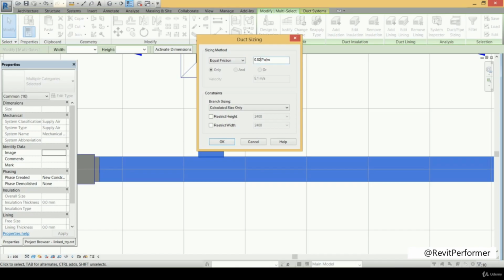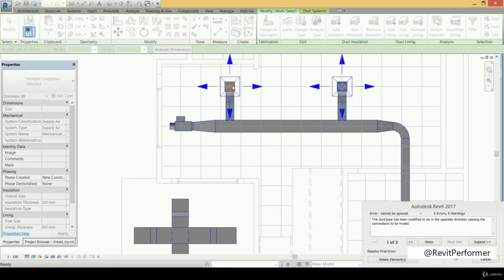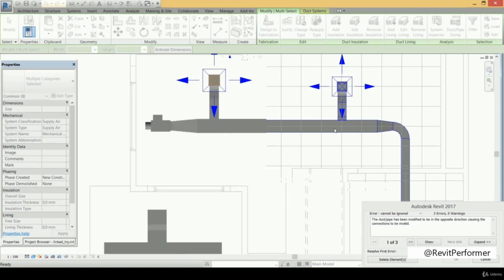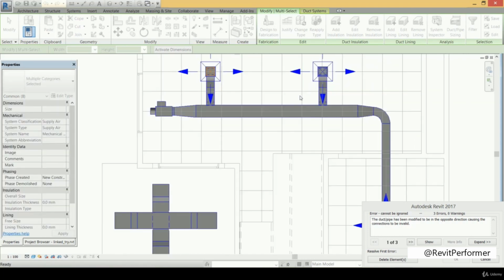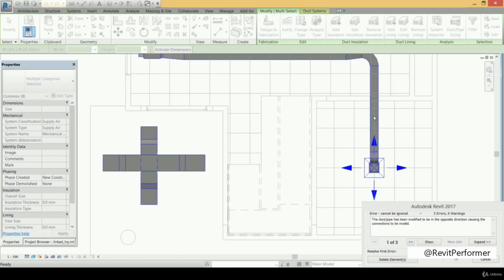And here the program supposes for us a default value for the friction. According to it, it will calculate the required sizing of the ducts. So we will set it to its default value, and we press on OK. And as you see, the program tells us that there is a problem on the fitting here. So it's not important, but the important thing now is that you can see this duct size has been increased, and this is logically because it will carry the total CFM value for the total ducts that we have,